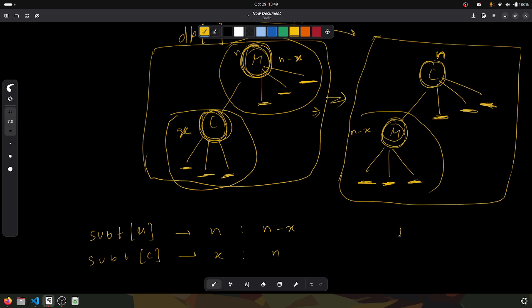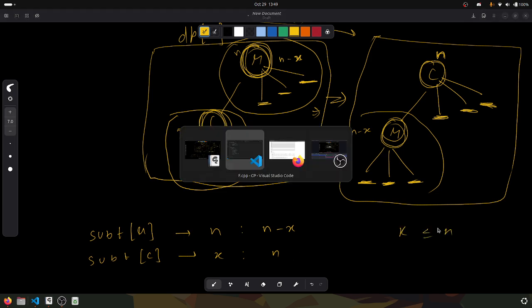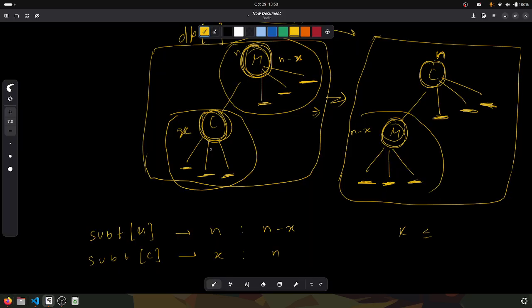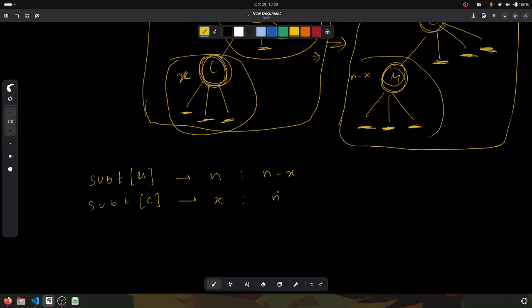And we are given that k is always less than or equal to n. We are given that in the question. See, k is always less than or equal to n. So from the original dp of R, what we can do is,